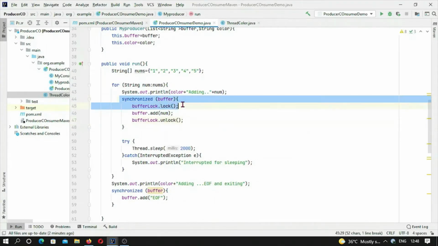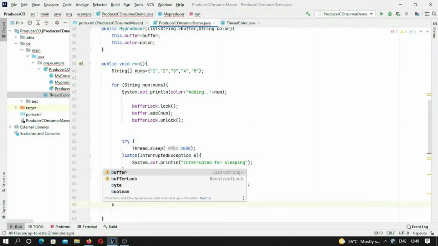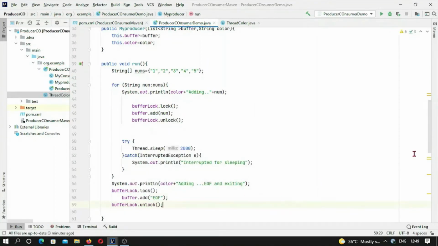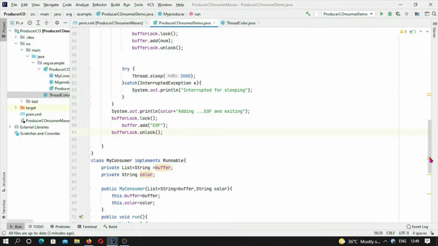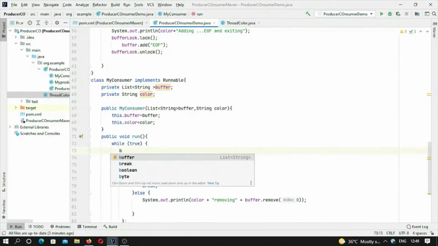Okay, now there is no need of this synchronized block of code, and we have to do the same thing here also. You can see we have to delete this one also, and we have to unlock it with dot unlock. So we have done so far. We have removed the synchronized block of code, and now here again,